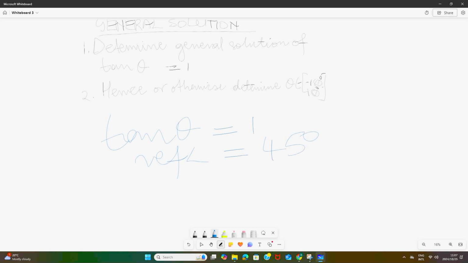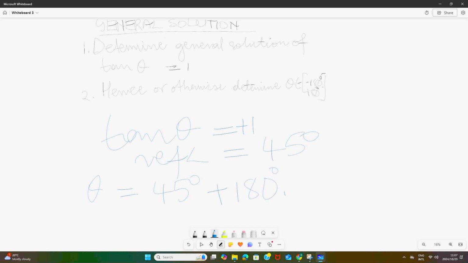Coming to the solution, the question says that we must look for general solution. Then that means the reference angle is not the value of theta, but the value of theta will be where tan is positive. Because the ratio of tan, which is equal to 1, is positive. That means it's where tan is positive. Then theta will be equal to what? 45 degrees plus